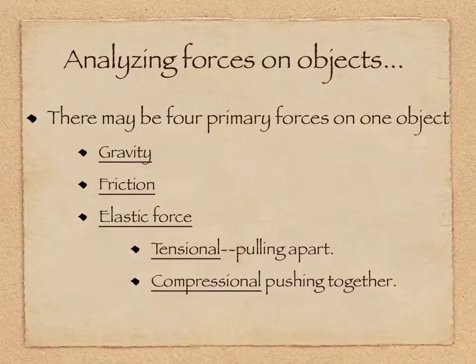So analyzing forces on objects, there may be 4 primary forces on one object, and you can go ahead and write this down. There's gravity, of course. Gravity is pulling down towards the center of the earth on all objects. There is the force of friction that is moving against the direction of motion of an object, and that is the force that the object is contacting, pushing against in opposite direction